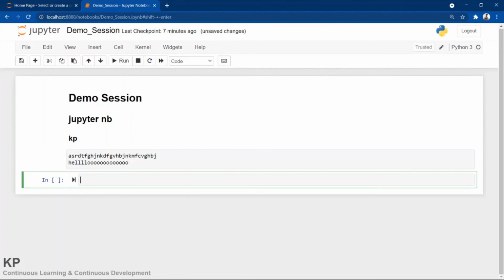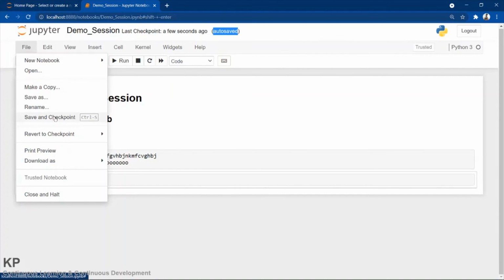Many more things are there to do, and save. And finally, for this video I am stopping here, and this was just a brief overview of Jupyter Notebook and other things, like confirming your setup if your initial setup is fine. From the next video we will start working on the code directly. For this demo session I am closing this, and before that let me save. You can see here last checkpoint a few seconds ago, it is auto saved. Or if you want to save at any point, you can do save and checkpoint.